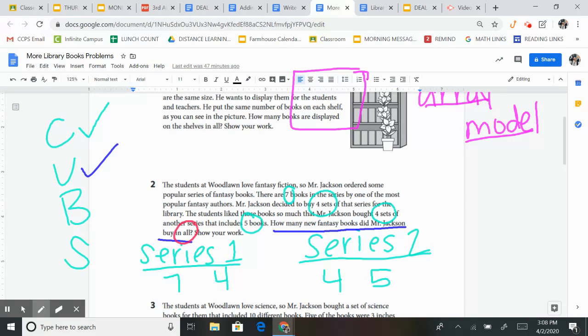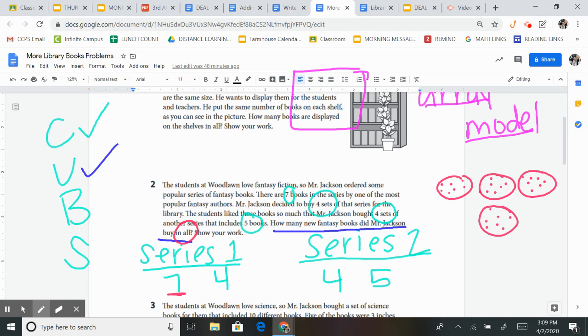Imagine that you had 1, 2, 3, 4 sets of books, and each set had 7 books inside. So they each have 1, 2, 3, 4, 5, 6, 7. What operation did we just do? Good, we did multiplication. Now we didn't see the word each or the word times, but we have to sometimes